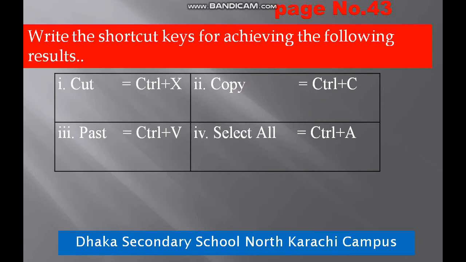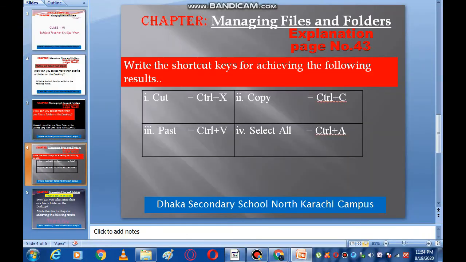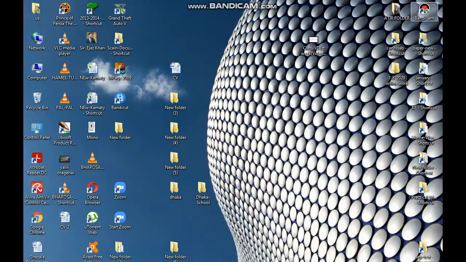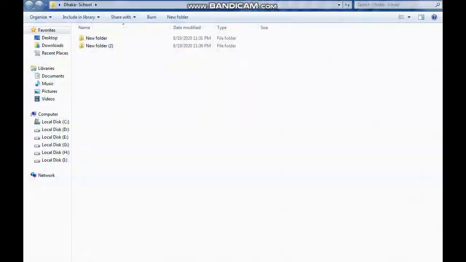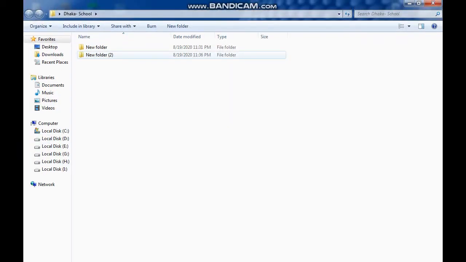Go to the desktop, use this command. Control X. Select the file and folder, press Control plus X and change the place.